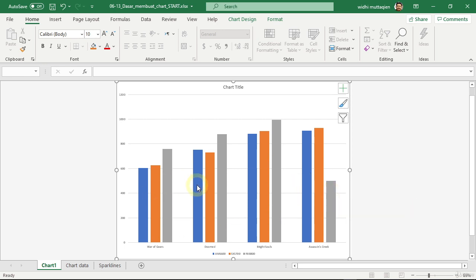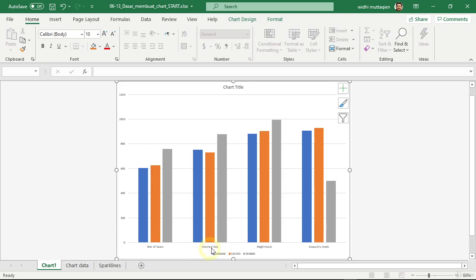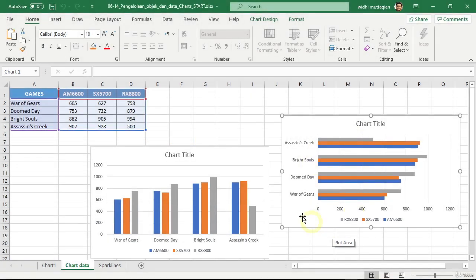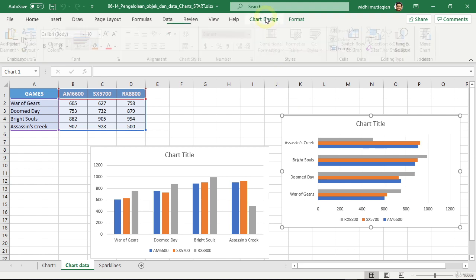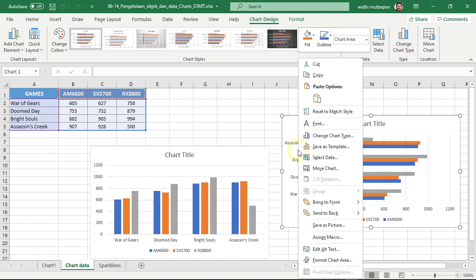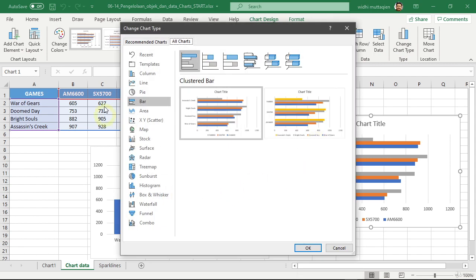This dynamic applies to all types of data, not just numeric data. Just for example, if I change the text data in this cell to doomed day, then any charts that reference this cell will change also automatically. If you created a certain type of chart, but then later you change your mind and prefer to use another type, you can select the chart. Then, in the chart design menu, on the right, there is a button Change Chart Type. Or you can also right-click on the chart and then press this button Change Chart Type. With this command, you can convert the chart type to another type.